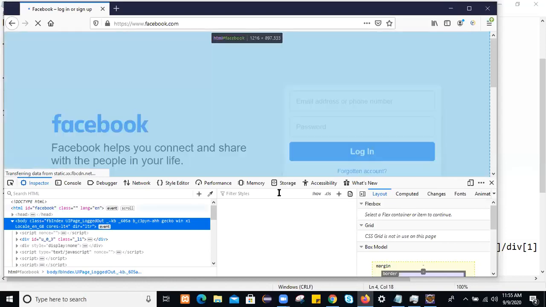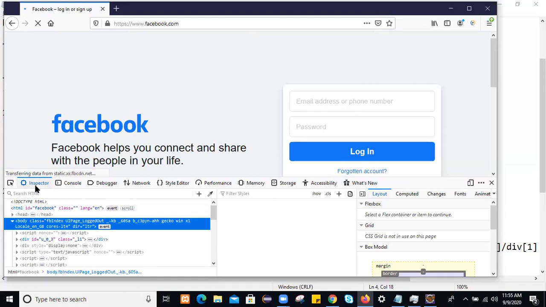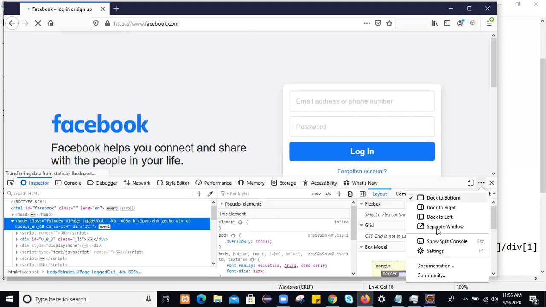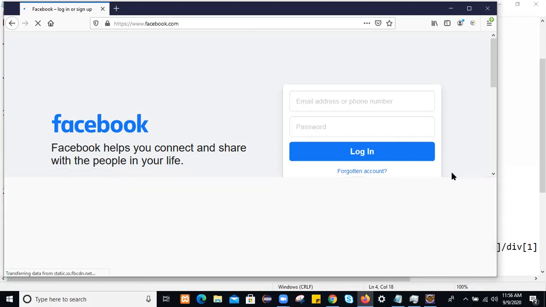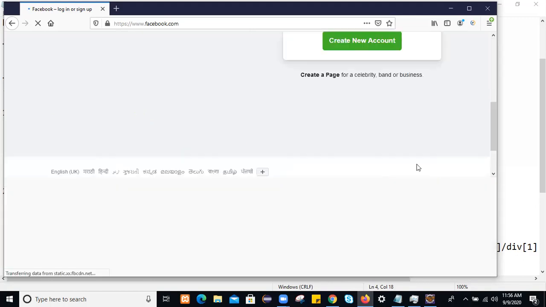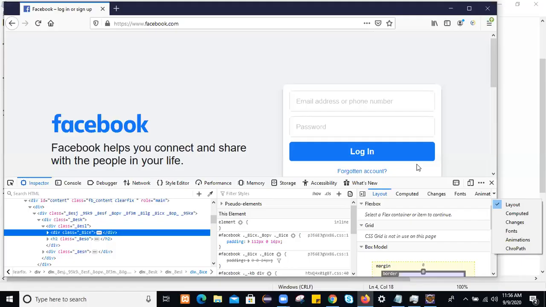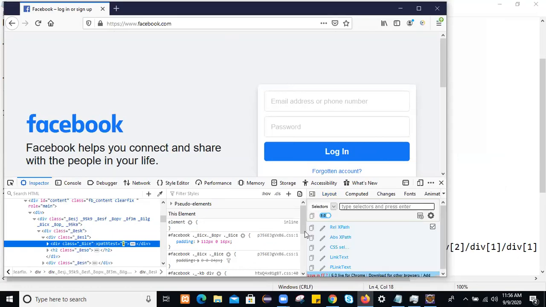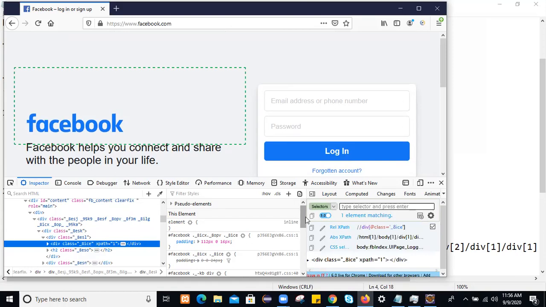This is the inspector, console and everything. Just click on these three dots. Somewhere we can see ChroPath here. I am not able to see it. What happened? Yes, here you can see. Just click on ChroPath on the right-hand side. So this is the ChroPath window.